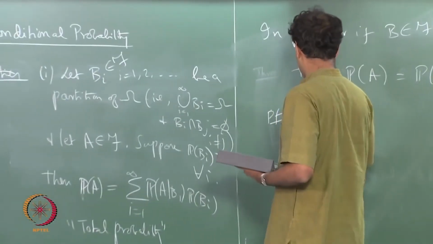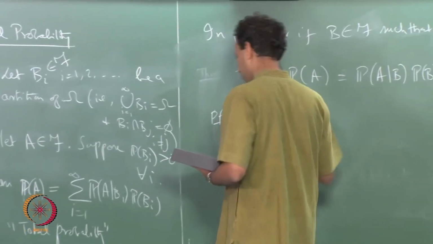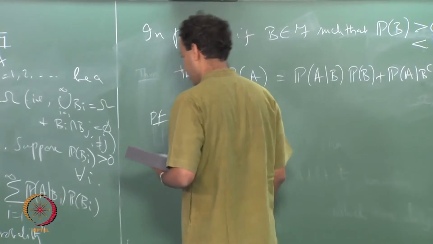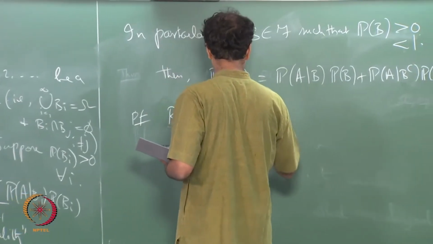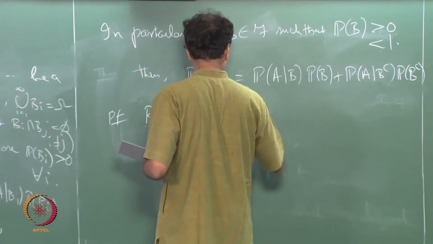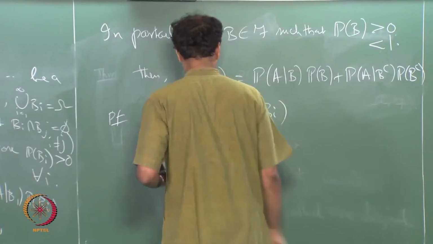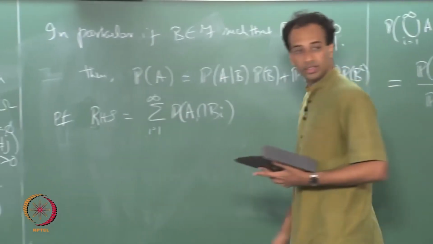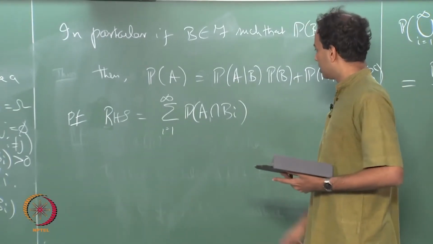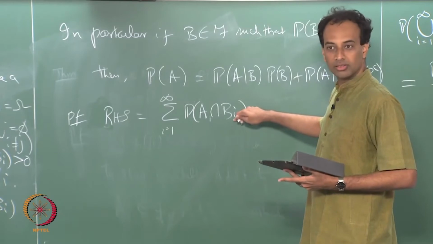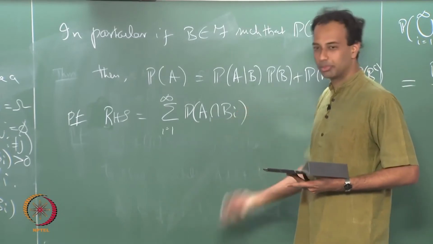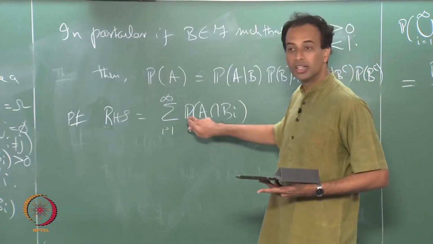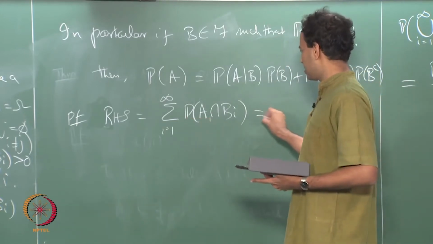So, the RHS is equal to sum over i equals 1 through infinity of probability of A intersection B_i. Now, the B_i's are disjoint, so A intersection B_i's are also disjoint. By countable additivity of P,